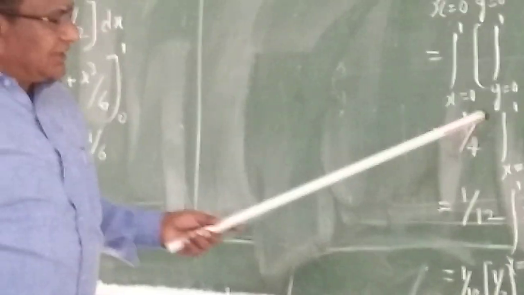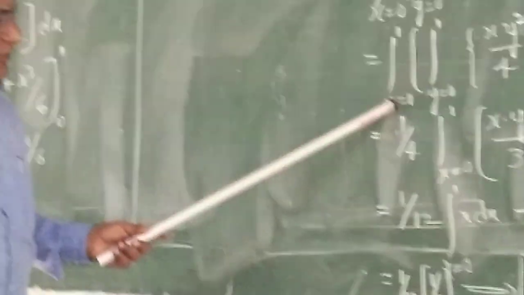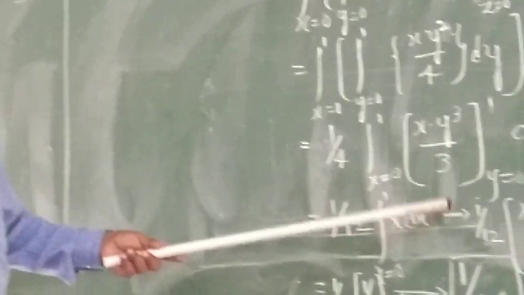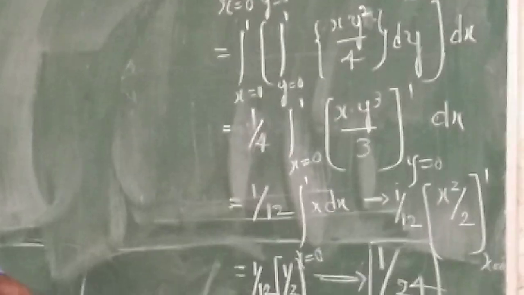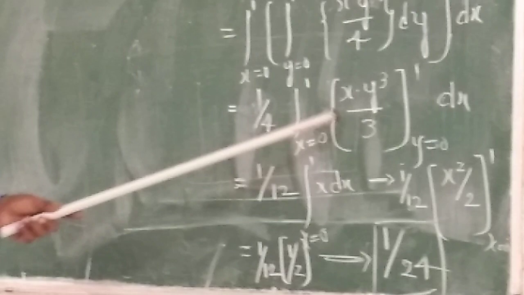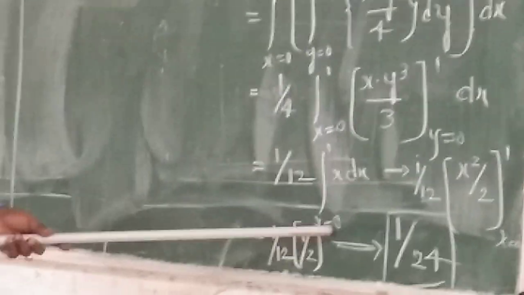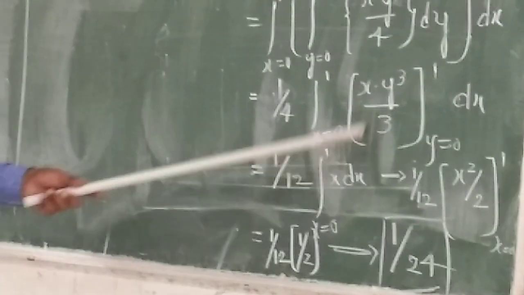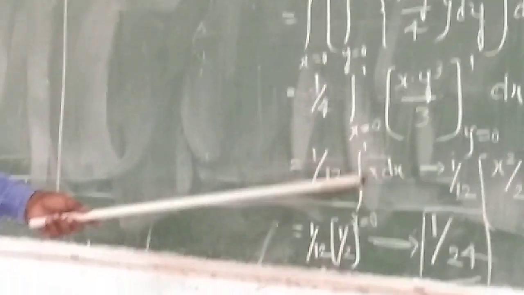So you write integral from x is equal to 0 to 1 as it is, and here of course 1 by 4 a constant, x a constant, integration of y squared is y cube by 3. Limits of integration are from y is equal to 0 to 1 into dx, you write it as it is. This 1 by 4 into 3 is 1 by 12, take it outside. The integration, integral from x is equal to 0 to 1, put y is equal to 1 means 1 by 3 it is, y is equal to 0 means 0. Only we get x by 3. If I take this 3 outside, we are left with only x.